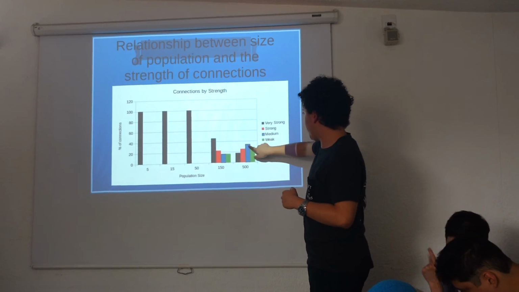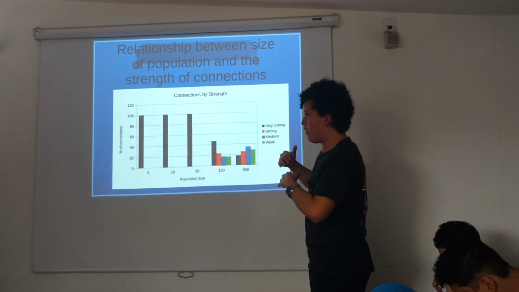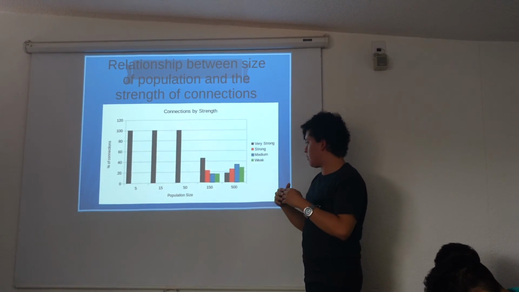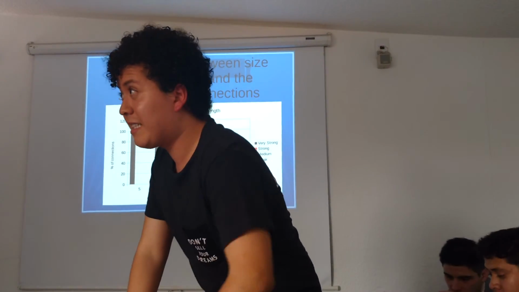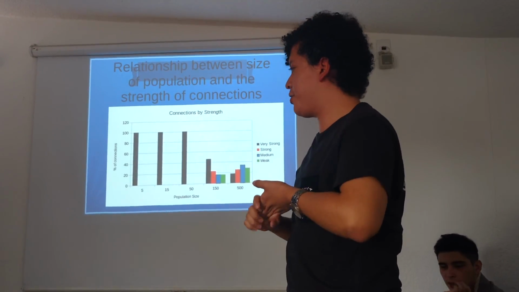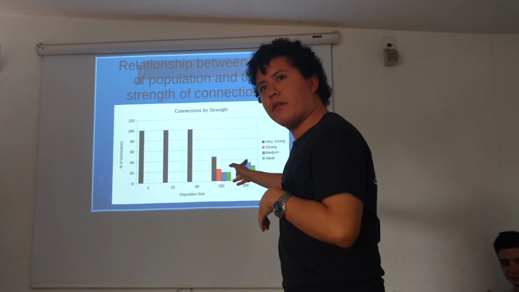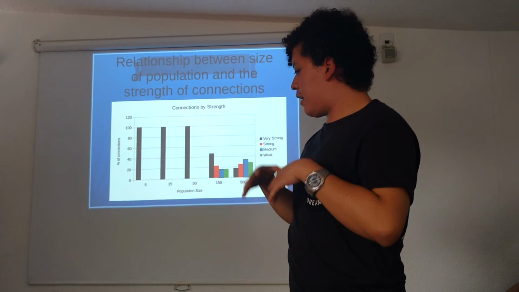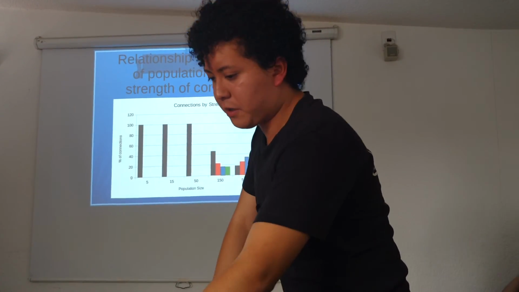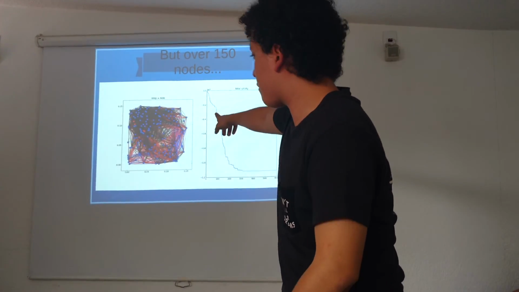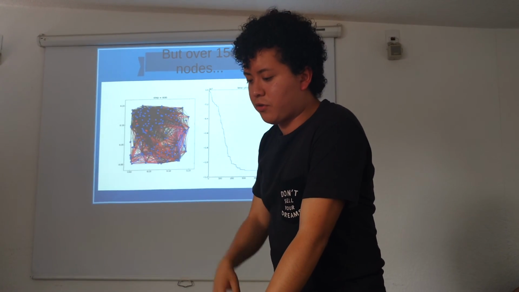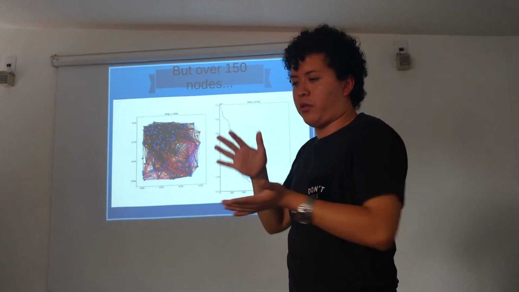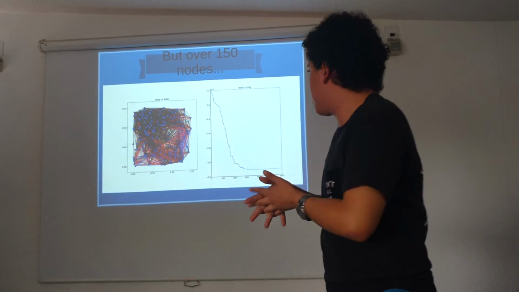In the population, we saw a behavior of reduction of the strength of the connections, and the computational time in 150 turns very exponential because we see, for example, in this graph, that the number of connections turns into not a complete graph, but a graph with a high degree of connections.